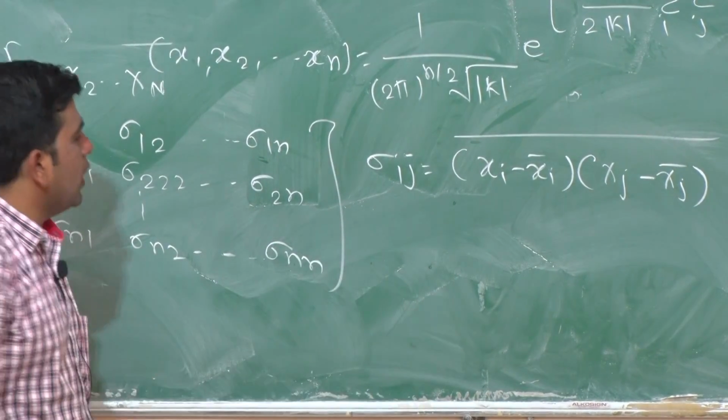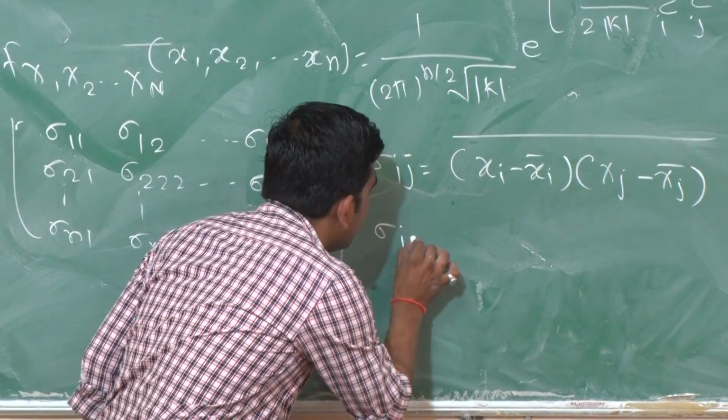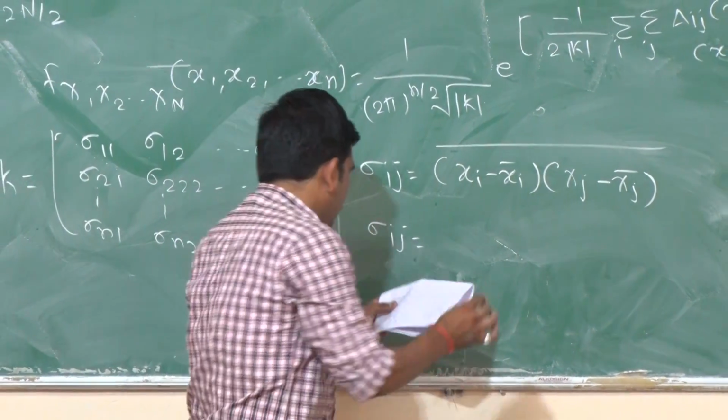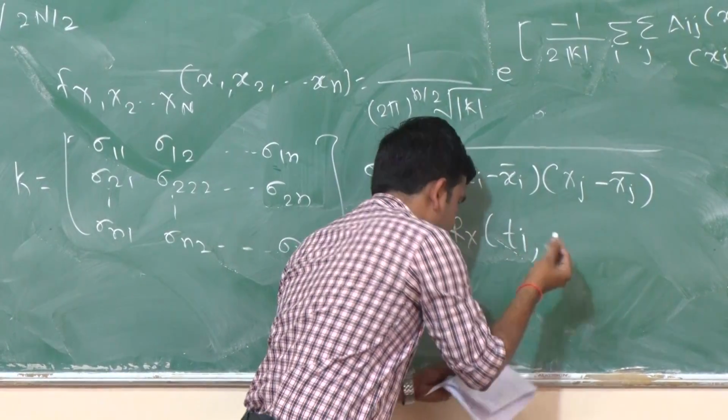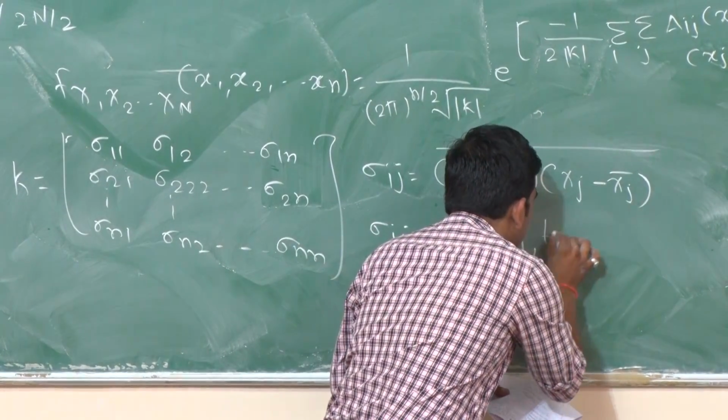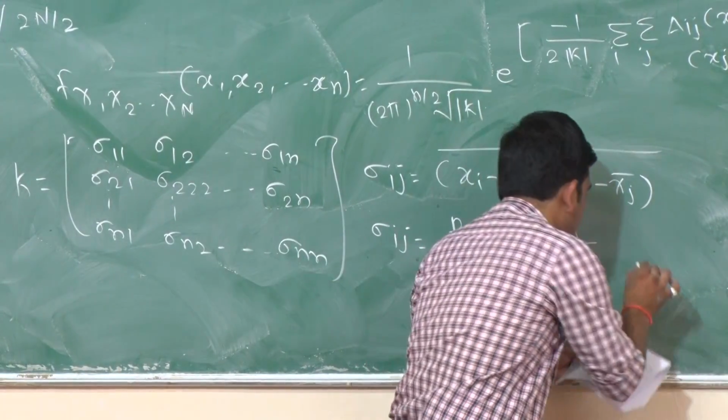When we solve this we will get sigma ij equal to Rx of Ti, Tj minus